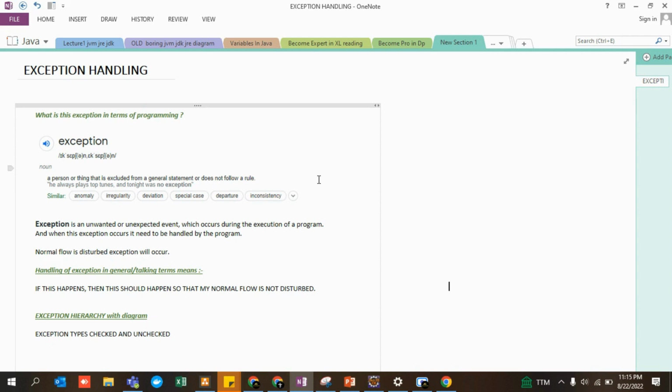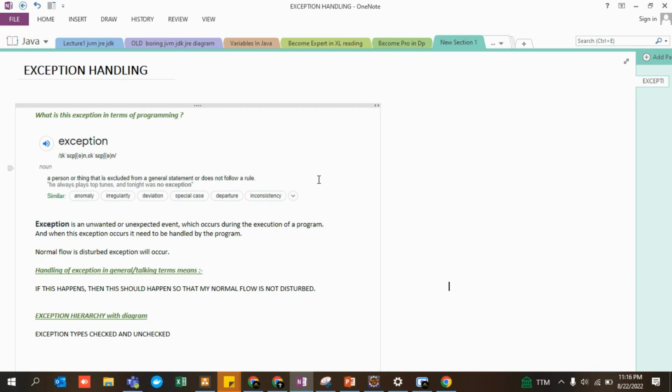Now again, coming back to a normal life example, let's say you guys have planned a trip to Goa, and there are 4 to 5 of your friends. On the way, when you are going to Goa, let's say the tires of your car simply burst, or the police catch you for some other reason. Then if something happens, what should happen? If the police catch you, what would you do? If your tire burst, then you would take a flight, a bus, or a train in order to reach Goa, right? So this is how you handle exceptions in your daily life as well.